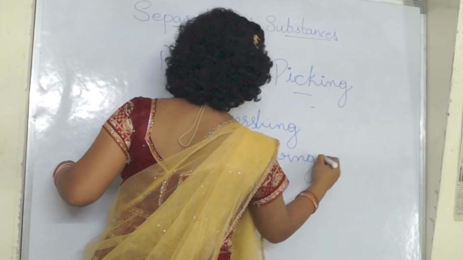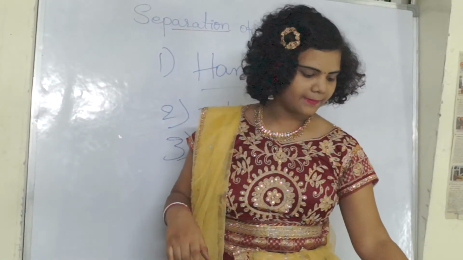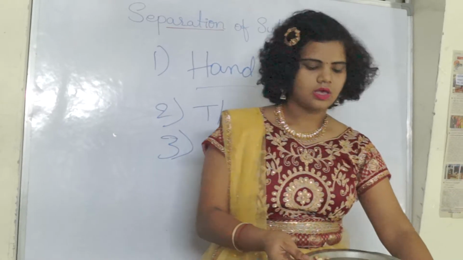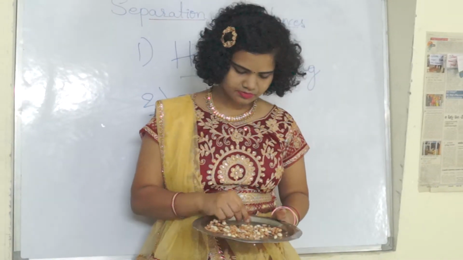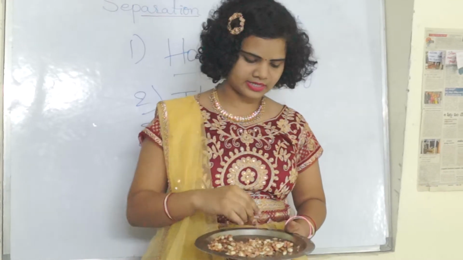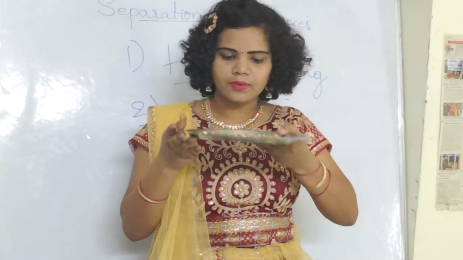So this winnowing process, we use it to separate the lighter particles and the heavier particles. Here I have groundnuts. This is the cover of groundnuts, and here I have groundnut. So how can I separate the cover from this groundnut? Yes, by blowing it. So if I blow,